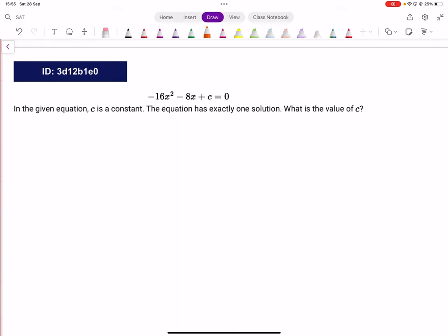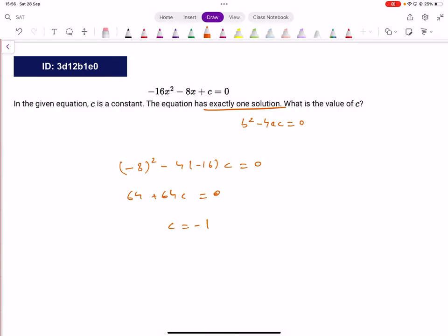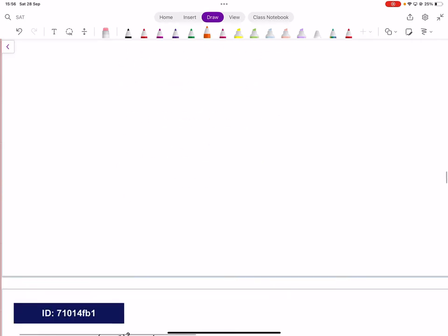It's a quadratic equation. Exactly one solution means b squared minus 4ac is equal to 0. So that means minus 8 whole squared minus 4 into minus 16 times c should equal 0. 64 plus 64c equals 0, and the value of c is minus 1. Is that okay? All right? Okay. Now the next one is